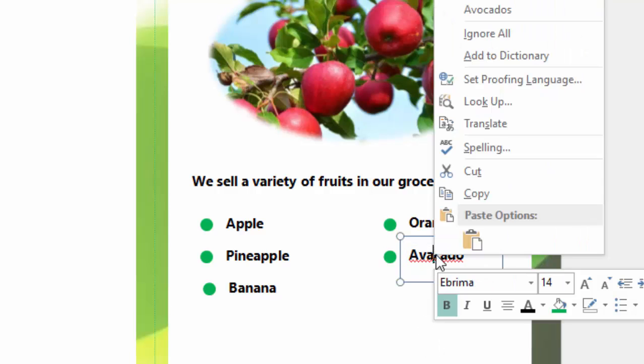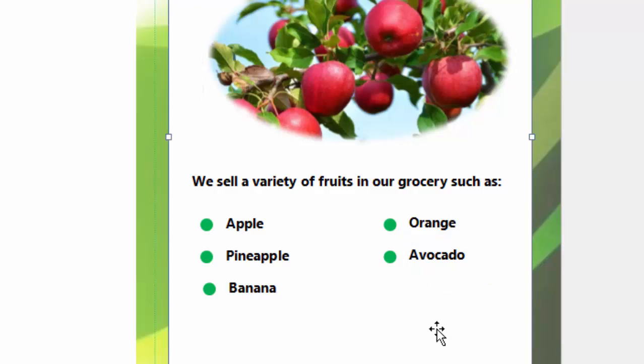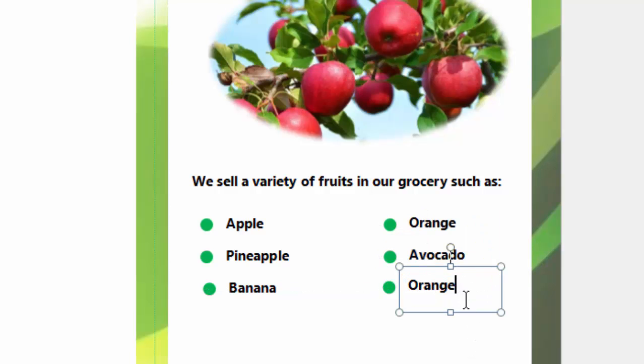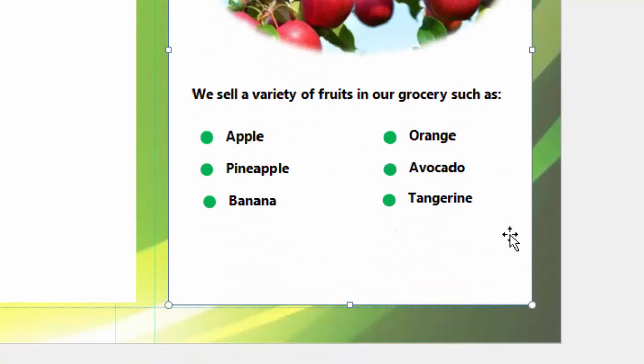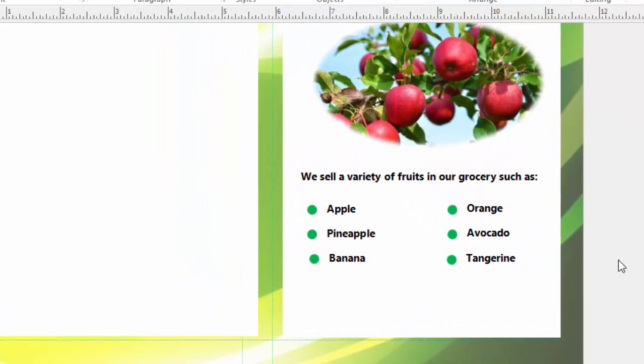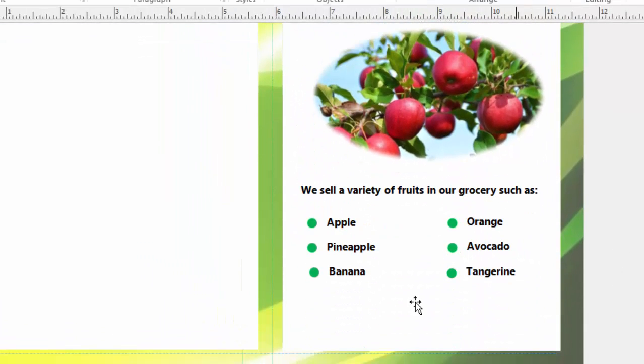Ctrl V to paste, then position it down here. And have this as tangerine. So this is the front part of my pamphlet about fruits. Then at the back,